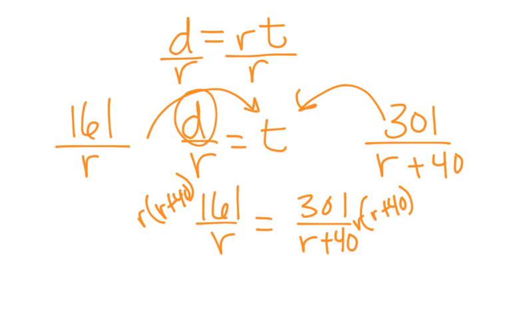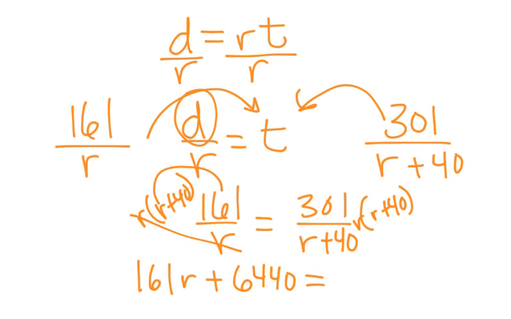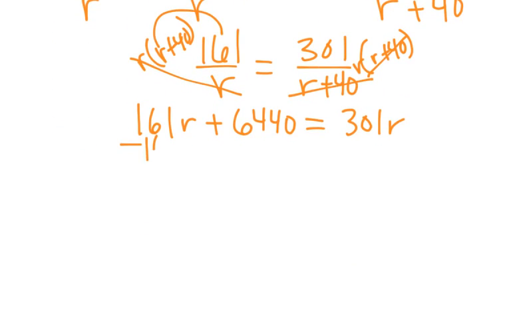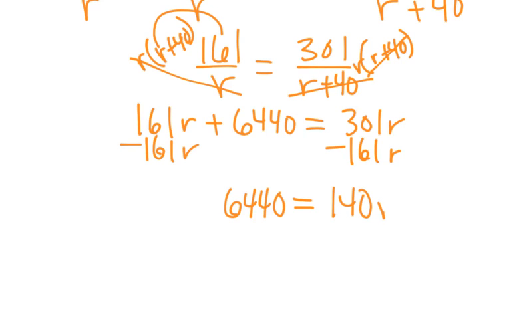I'm multiplying by both denominators because that eliminates those R's. 161 times R is 161R. 161 times 40 is 6,440 equals, R plus 40 cancels, and I'm left with 301R. Okay? So then I subtract 161R from both sides. And I get 6,440 equals 140R. Divide by 140. Not R, just 140. And we end up with R equals